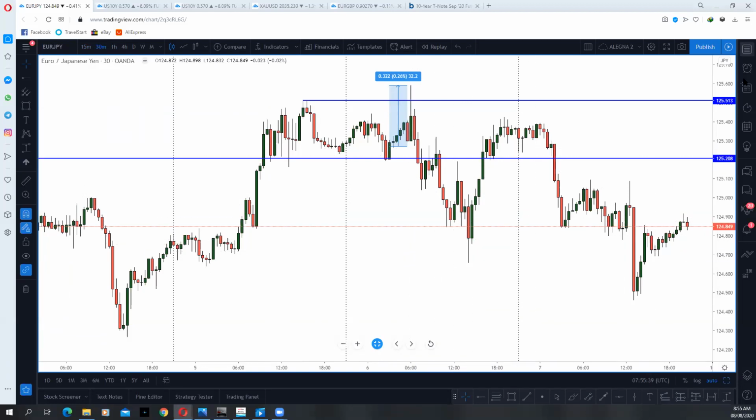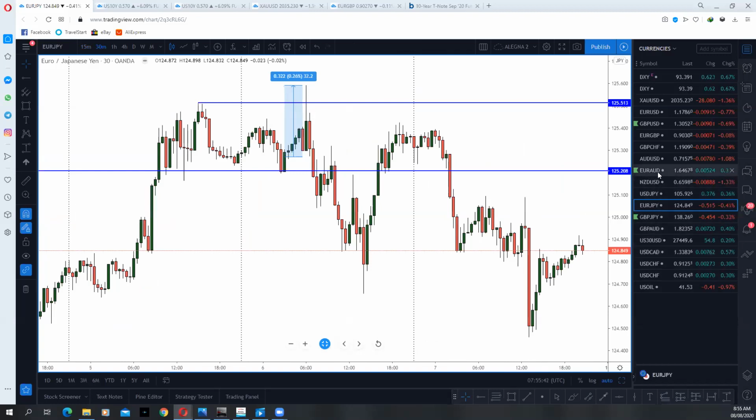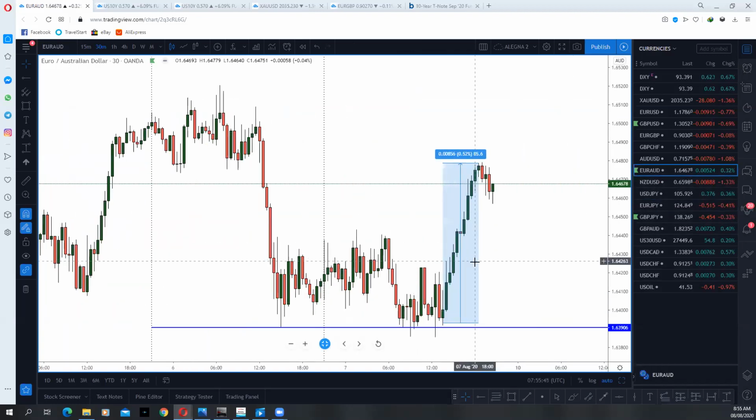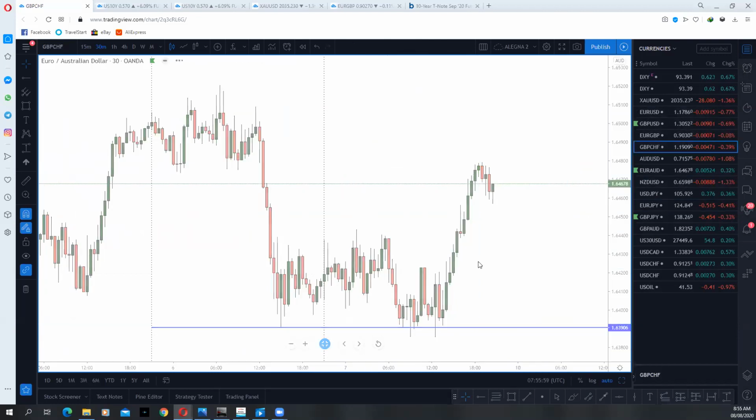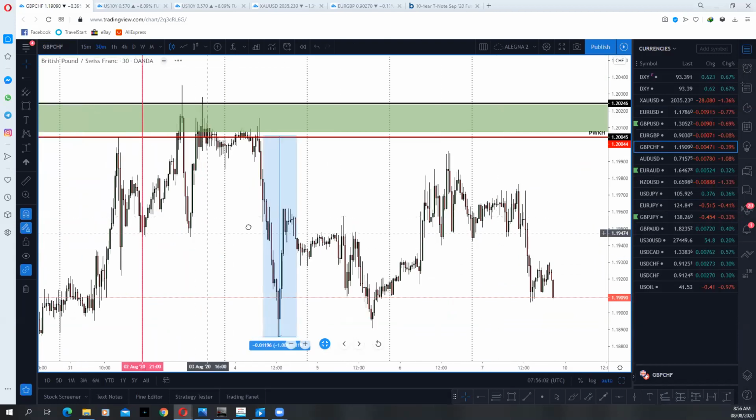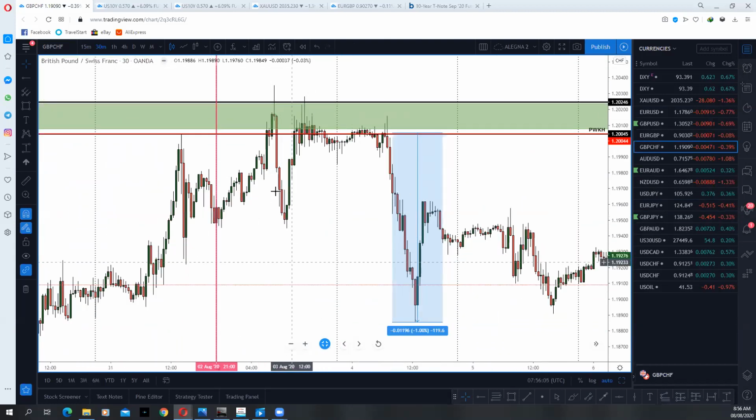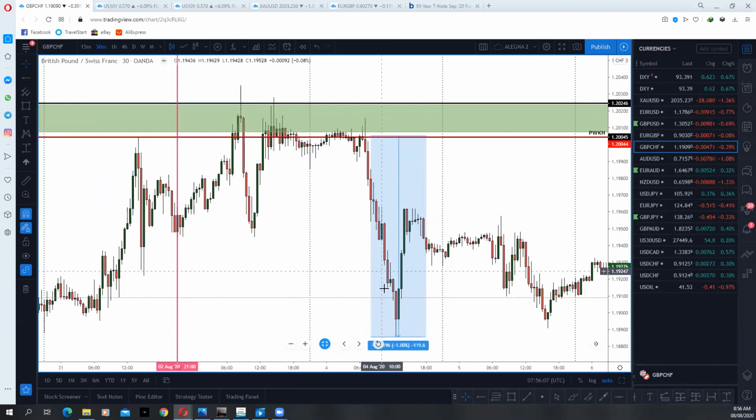Sometimes, like in the Euro AUD that we looked at, they might not test it that deep. Because see, they didn't go that much. First, second, and then they took off. Sometimes it's easy to spot, sometimes it's not. Let's look at the GBP-CHF. Let's see how easy that was. The same thing too, the same setup like on the Euro yen. Almost the same setup, but it dropped off heavily the following day. So these are things you need to be aware of on your chart. So this is how you trade the order flow.